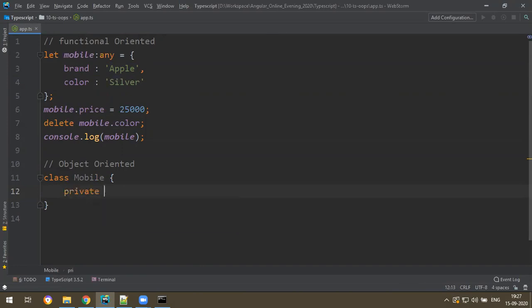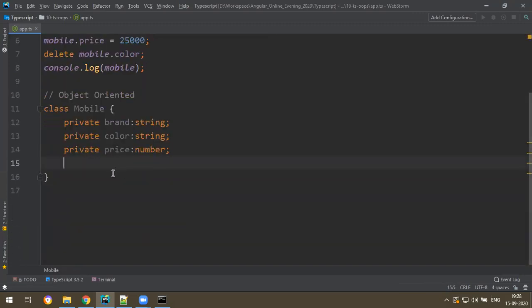So I say private brand of type string, private color of type string, and private price of type number. Yes, three properties. This is just the properties declaration. I mean, three properties should be there in the object. You can't remove, you can't add anything.